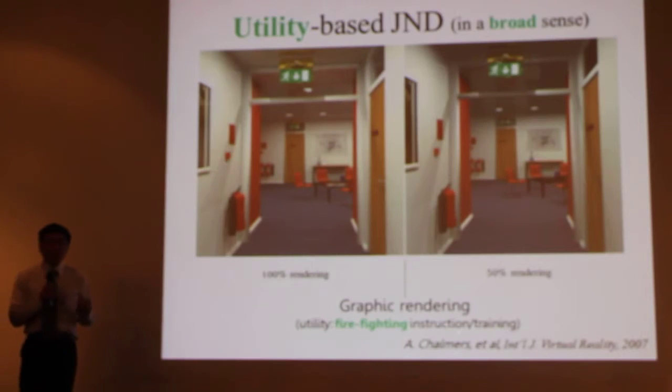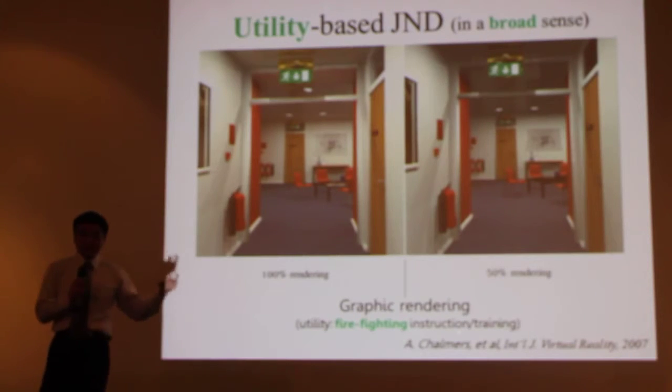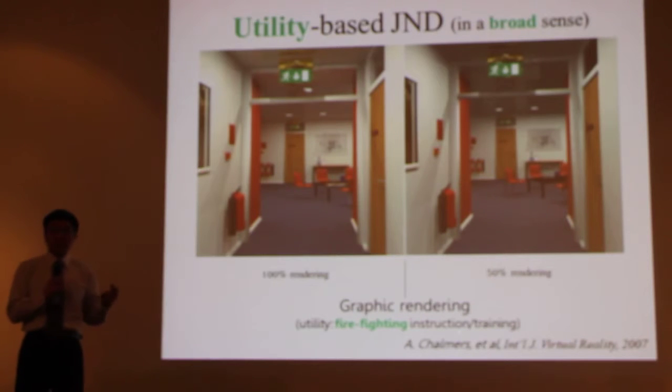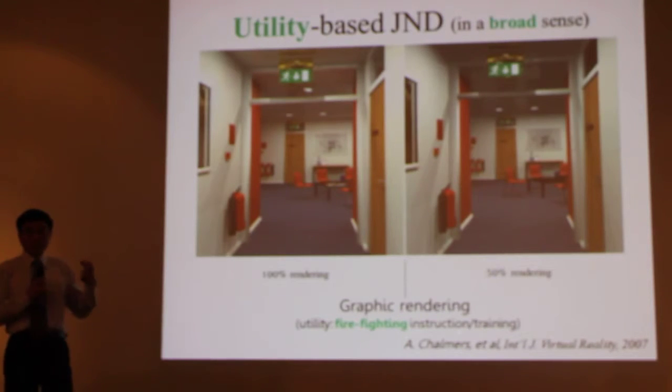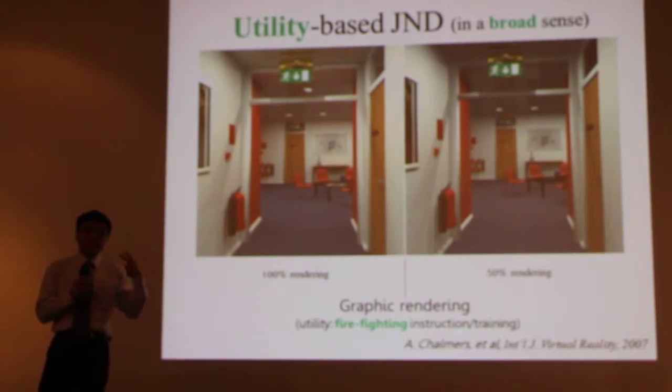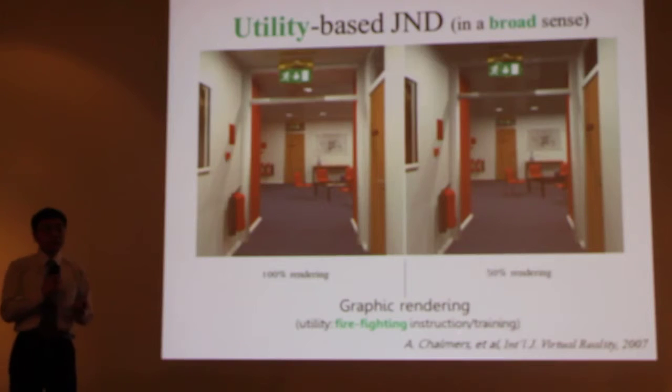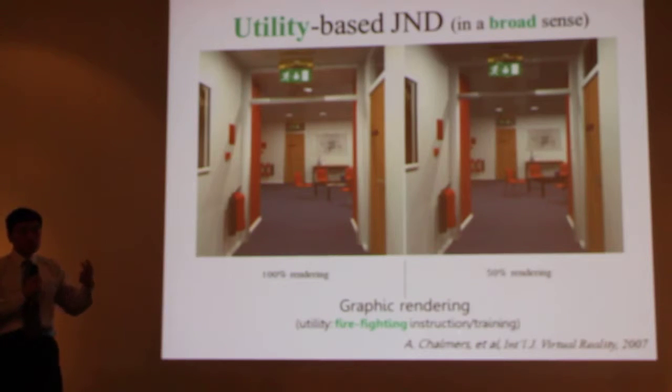Okay, then the two examples in sound and speech and sound and image we just gave are actually a strict sense of JND. That means we evaluate the degree of being noticed strictly. We try to avoid the difference being sensed. But in some other cases, we don't need to do it so strictly.